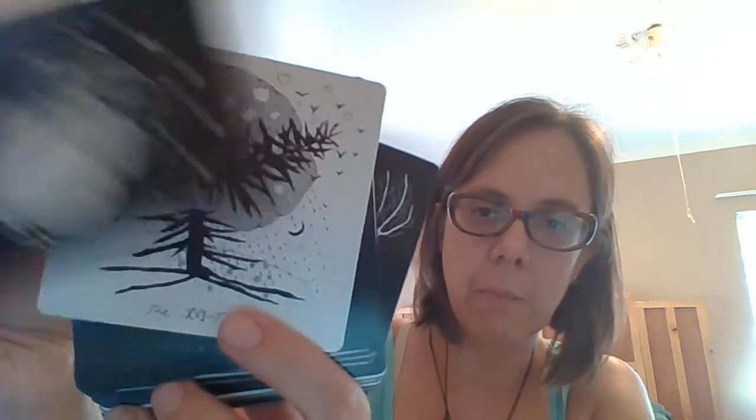It's just so beautiful, and the layers that happen with it. And it seems so simple in some of the cards, but I find that if I sit with them for a little bit, it definitely adds more and more information. And the write-ups are pretty decent in the book, but